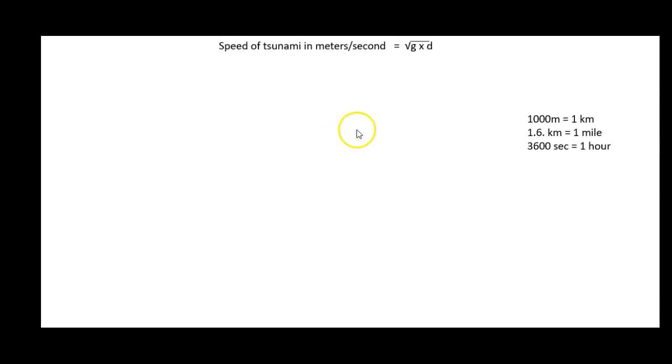So here is a little PowerPoint that I made. And so what you see here is, let's see if I can get this to work for me. All right, we're going to make some adjustments. I apologize for that. But all right, so here's the formula, the speed of the tsunami. And so what we need to do for this is we need to take the 9.8, okay, and we're going to multiply that by the depth, which is the d, and that's going to give me this number,